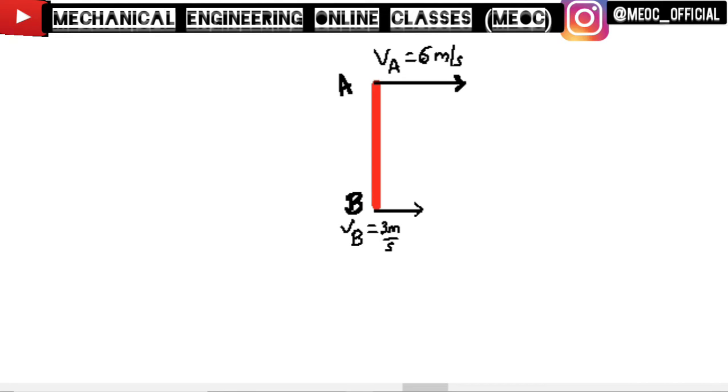So here also we have to find the instantaneous center, for which the perpendicular to VA and VB is just along this, because both the velocity vectors are horizontal, their perpendicular is vertical. So this is one line, and the intersection of a line passing through the tips of VA and VB will be I.